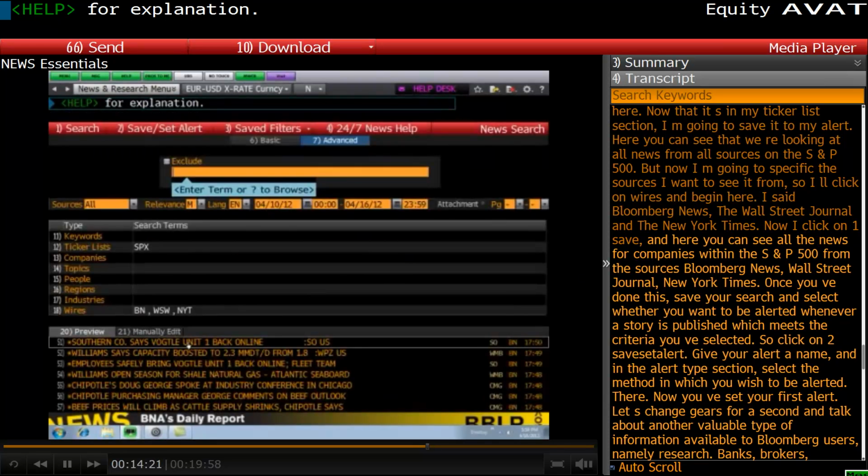Now I click on 1, Save, and here you can see all of the news for companies within the S&P 500 from the sources Bloomberg News, Wall Street Journal, New York Times. Once you've done this, save your search and select whether you want to be alerted whenever a story is published which meets the criteria you've selected. So click on 2, Save Set Alert,